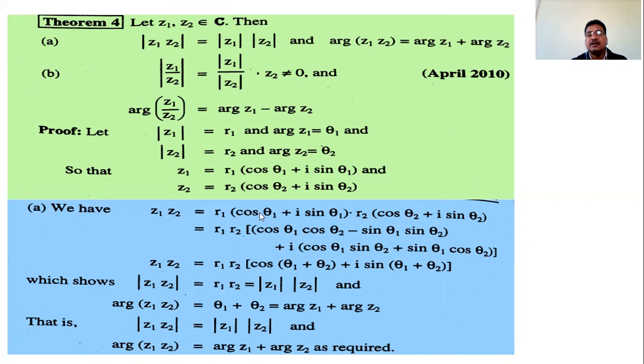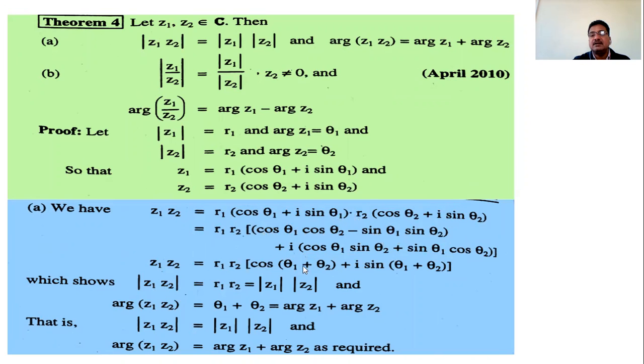We have four terms. What are they? Cos theta1 cos theta2 plus i cos theta1 sin theta2, and then i sin theta1 cos theta2, and the last term is what? i square sin theta1 sin theta2, and then write i square as -1. We have this as the real part, and this is the imaginary part, that is the coefficient of i. For the remaining two terms, take i as a common factor. So this is z1 into z2, and therefore z1 into z2 is r1 into r2 cos theta1 cos theta2